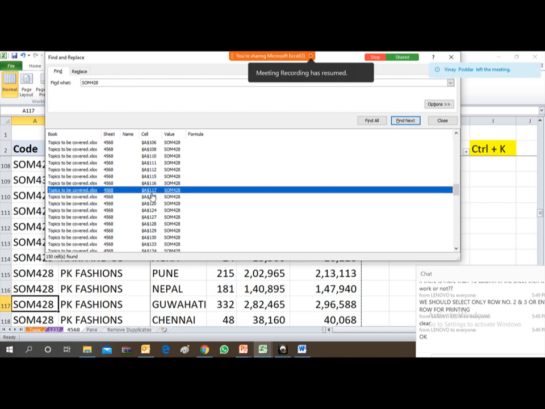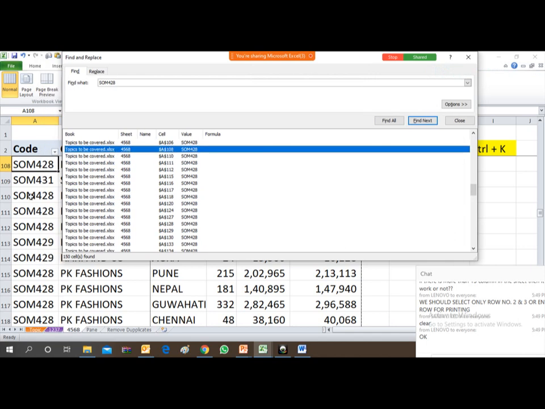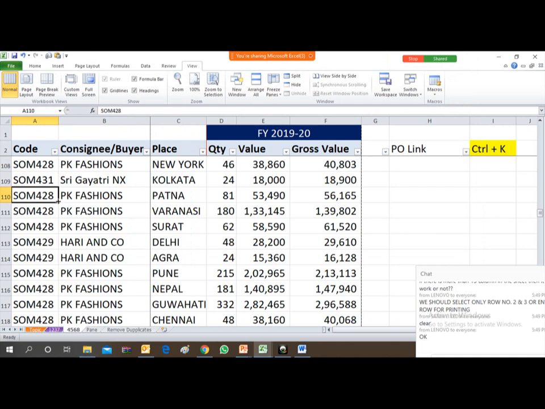Say here the row number was 117. It has moved to 117. If I want to go to, say, 108, the cursor will move on to 108. So in this way, friends, you can find a number, a value, or a text by pressing find all or find next. It's a very easy and very simple command. The shortcut key is Control F, which is used for finding any value. Now the next part is find and replace. So let's see how we can do this.